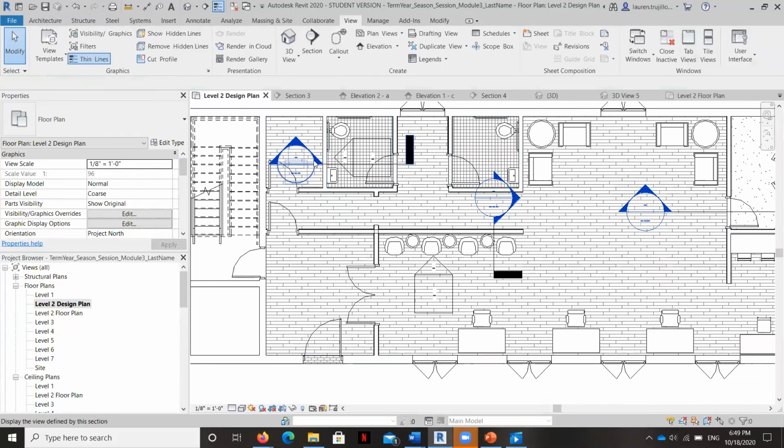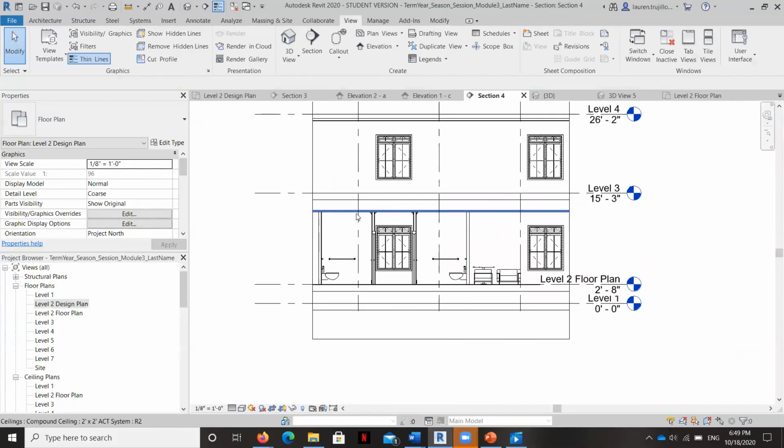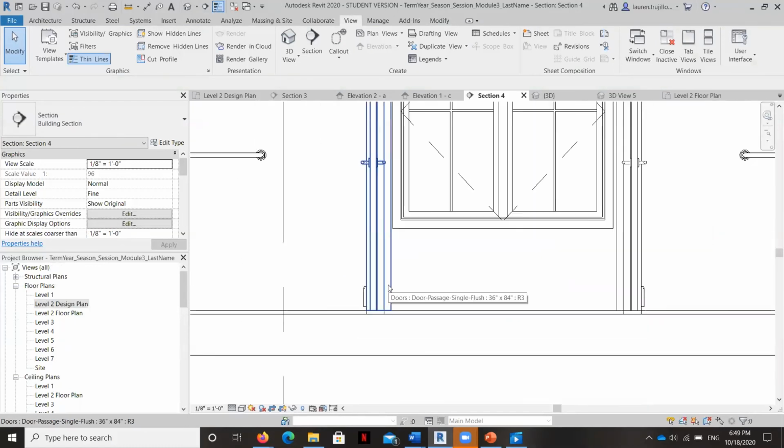If I look at this section, for example, and right click and hit go to view, you can see here that the flooring is going up to the wall, which is typically what would happen. We have the structural slab here, and then the walls sit on top of the structural slab, and then the flooring goes up to the walls.